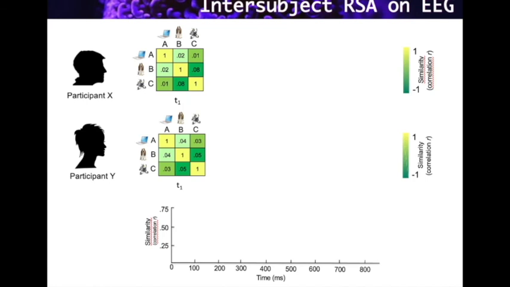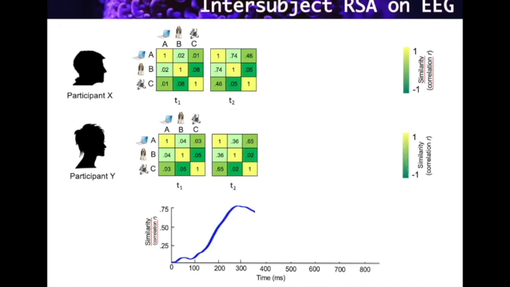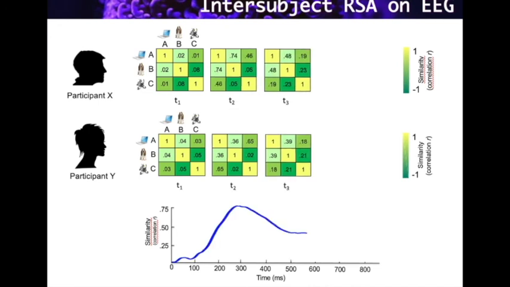Finally, another way to compare between participants or to assess how two participants share neural representations would be to simply correlate the entire similarity matrix for a given time point. Now that could be done this way, and then we would express this over the time domain, and then we would move on, basically providing the correlation coefficient for each time point.